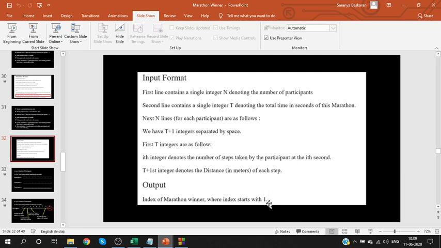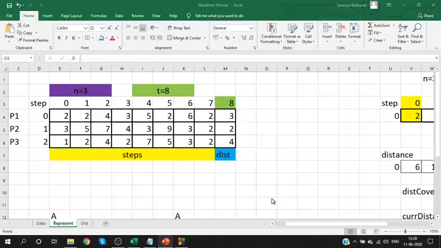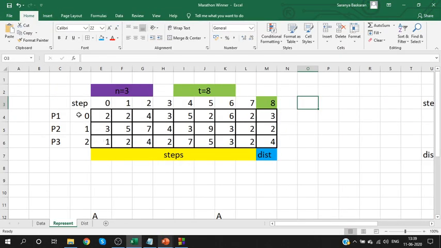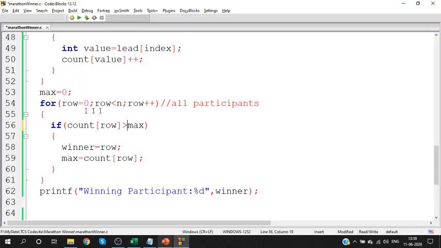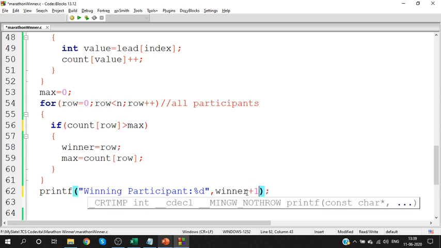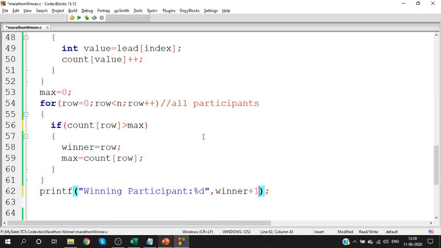For the participant, row number starts with 0, but participant ID will start with 1. So when you print it, don't just print the row number. Winner is nothing but the row number. Don't print the row number, print it as row plus 1. Only then you will get it as participant 1, 2, 3 instead of participant 0, 1, 2. Yes, that's it. So we have completed the program.